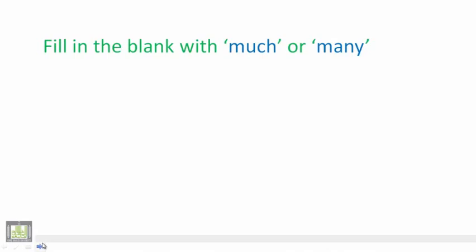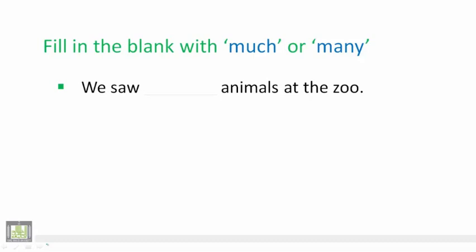Now we are going to have an exercise using much or many. We saw animals at the zoo. What do you think? Are we going to use much or many in this blank? Now, to be able to solve such things, we just try to look at the noun that comes after the